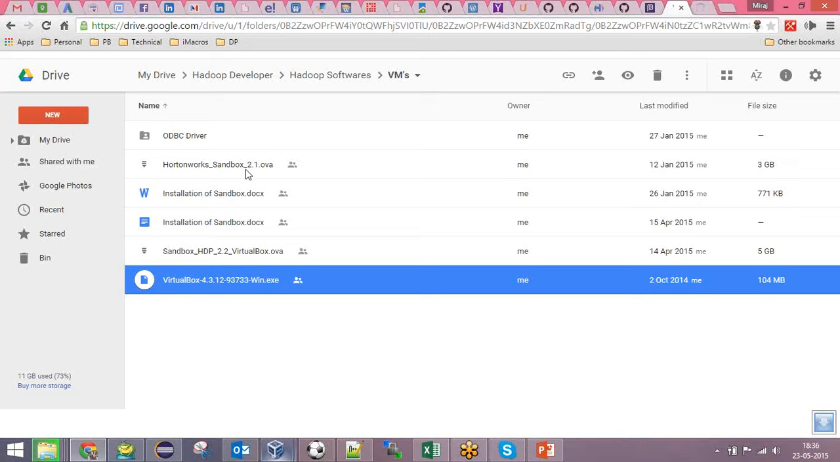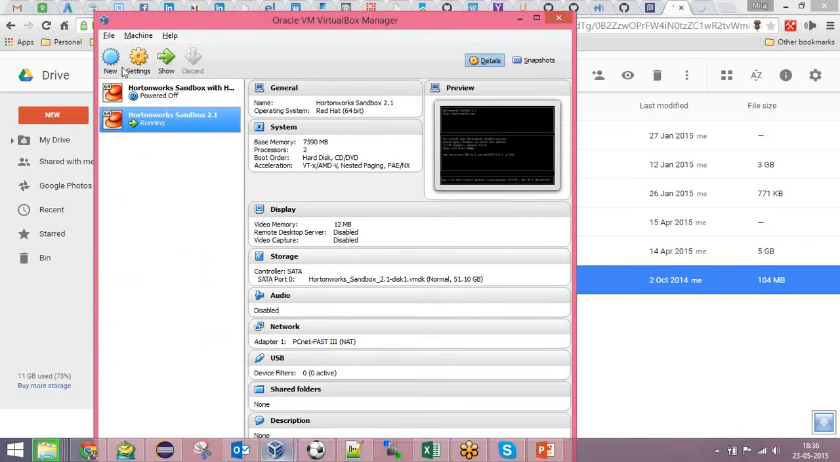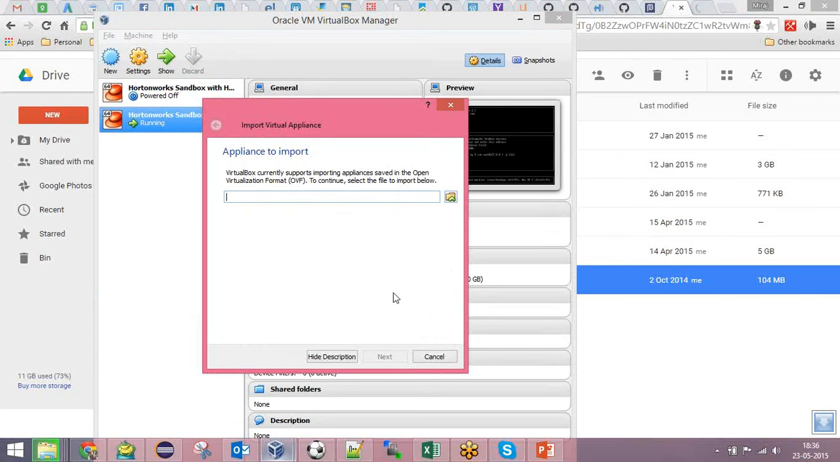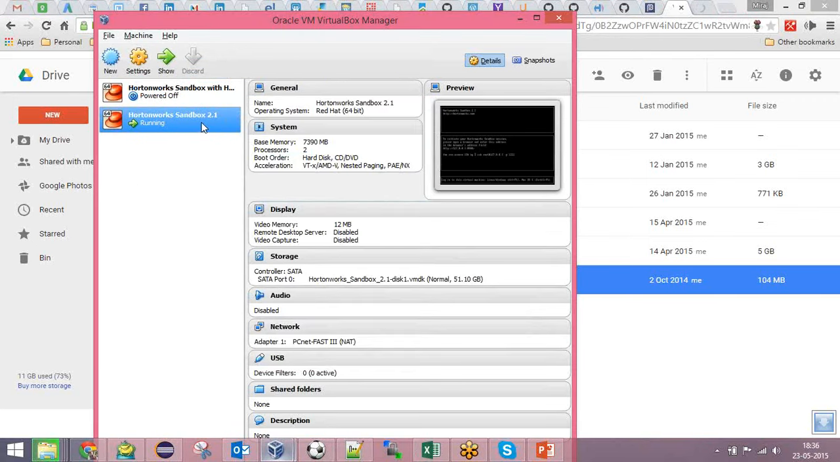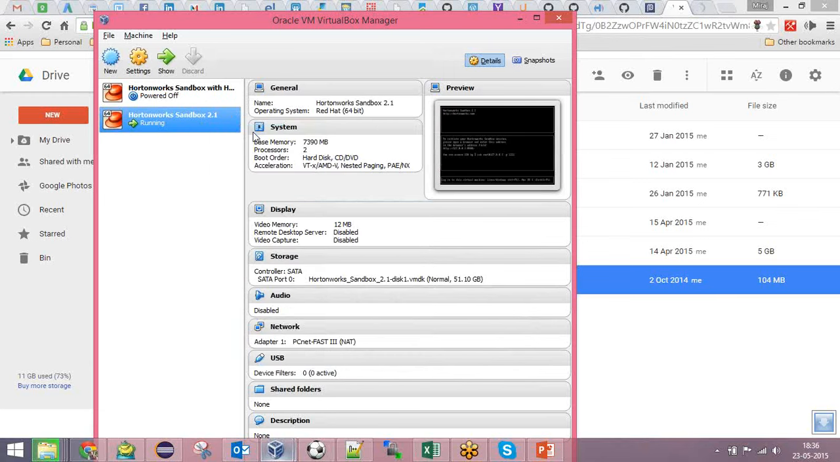Because 2.2 is pretty heavy and will require at least more than 4 GB RAM to run. I run it around 8 GB RAM, then it works fine. Otherwise, I request you to use 2.1, and all you have to do is File, Import Appliance, browse that file, and click Next, and this will be visible over here. Once it's visible over here, right click it, go to Settings,